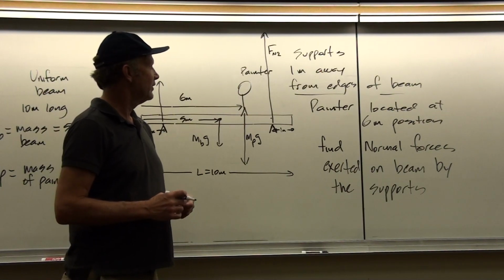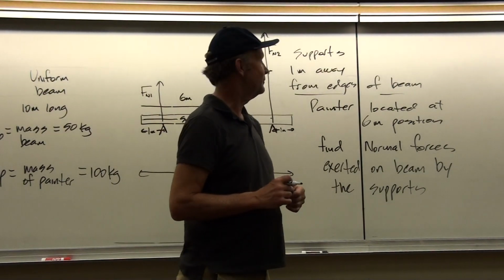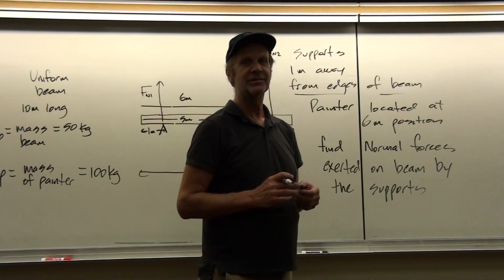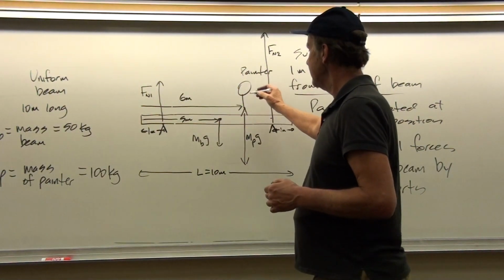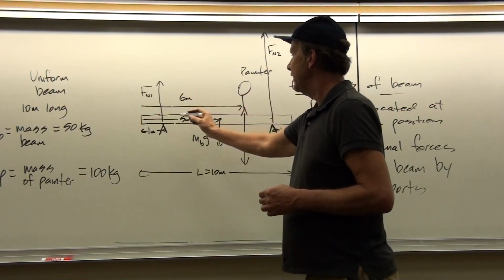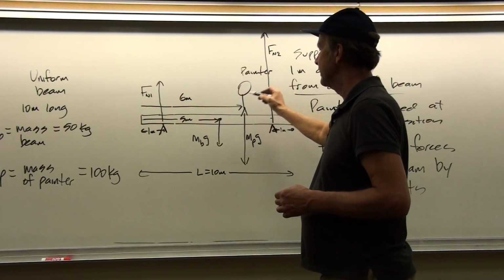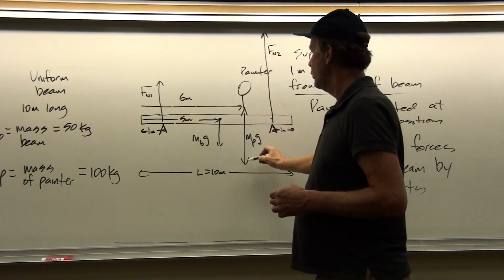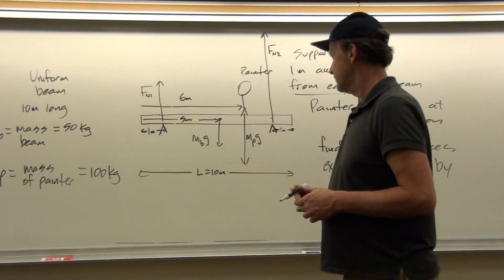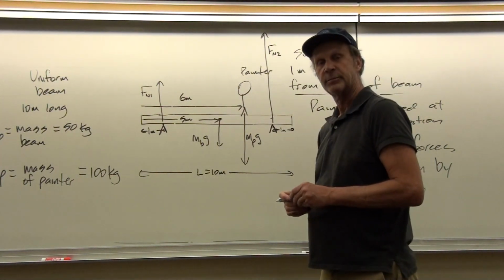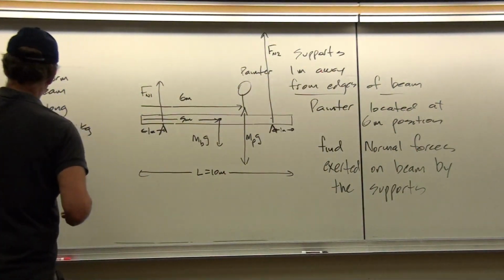Okay? And so the first thing that we should do, because we don't want to panic, just because this is a torque problem, is to go with what we feel comfortable with. We draw a clearly labeled force diagram in which F normal 1 and F normal 2 point in the positive y direction, and the 2 weight vectors point in the negative y direction. And so that should then add up to 0 because we are in static equilibrium.